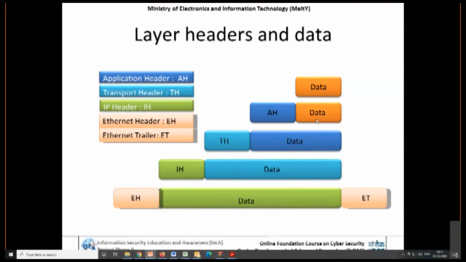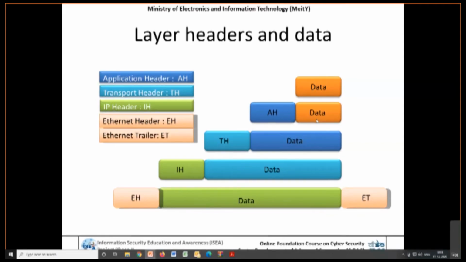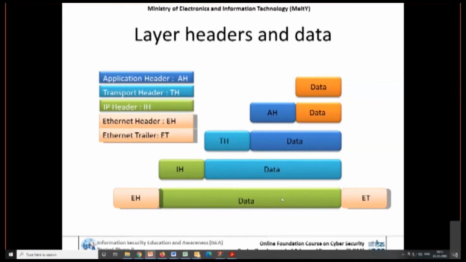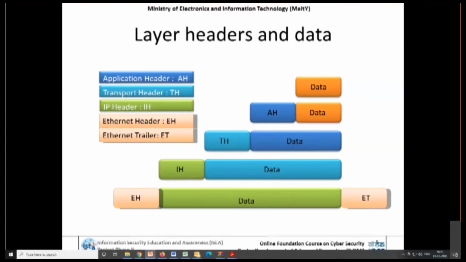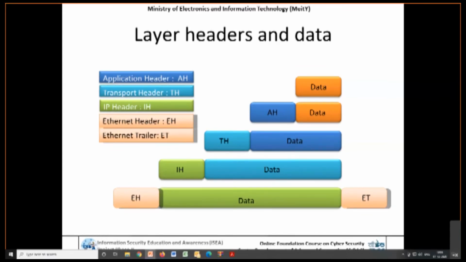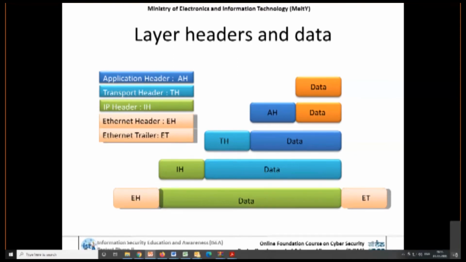And when IP headers are added, this IP layer data is called a packet. And when the same packet is traveling at the data link layer, after adding the Ethernet header and Ethernet trailer, both together are called a frame.